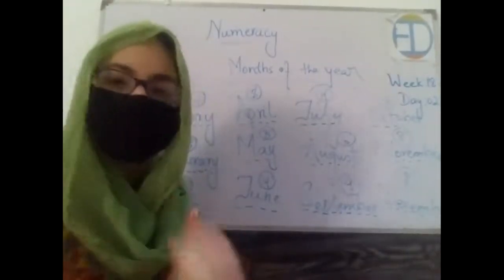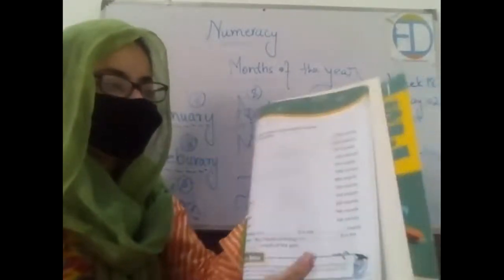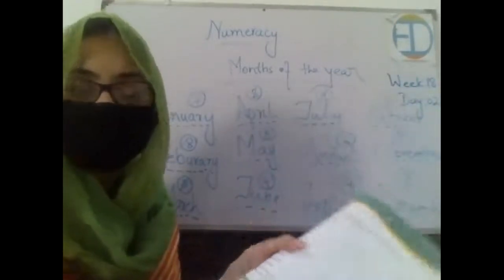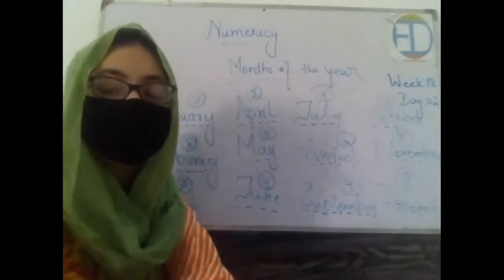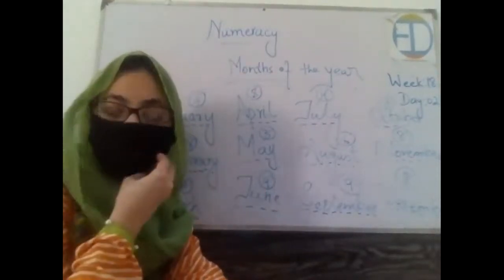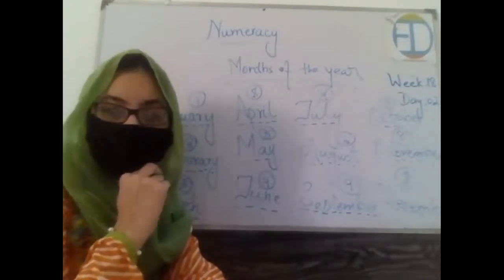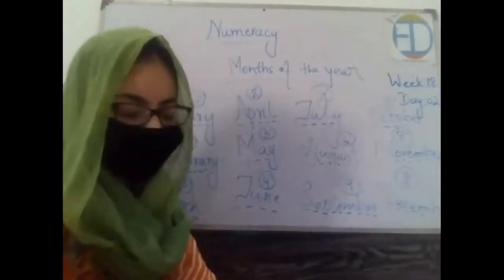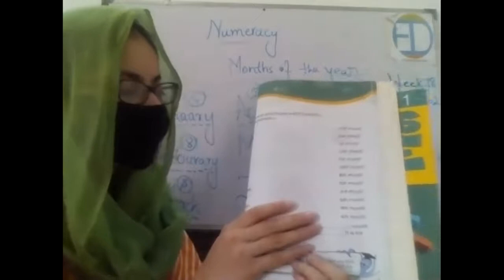So let's move toward the next exercise. Turn the page. On page number 93, we have another interesting exercise that we will be doing together. It says that join the name of each month with its correct place in the calendar. Yesterday I also gave you a home assignment related to the calendar that you were supposed to write the number of days in every month in 2021 calendar. So how many of you have done that? Very good, right? Now you know the order as well, right? Okay, great. So let's do this activity together.